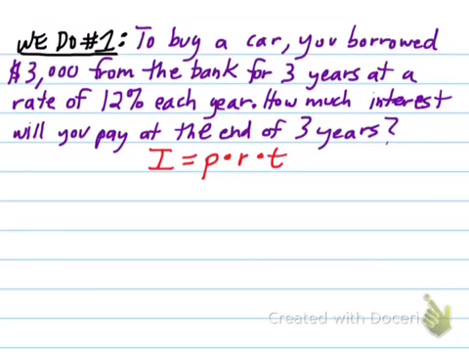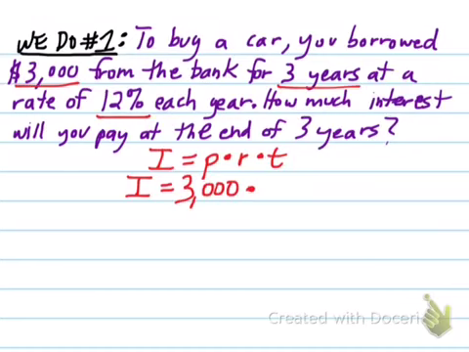And then let's just go back and underline the variables that we do know. So again, we're looking for interest. So principal is $3,000, what we originally borrowed or what we start with. Rate is 12% each year, and then time we see is 3 years. So let's plug it into or substitute it into our formula. So principal is $3,000